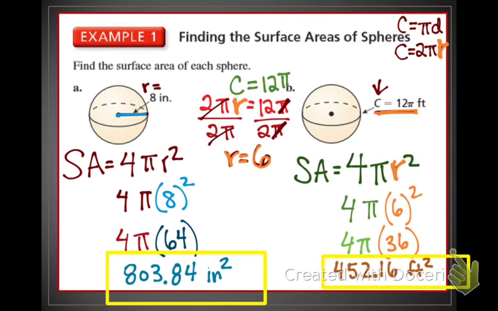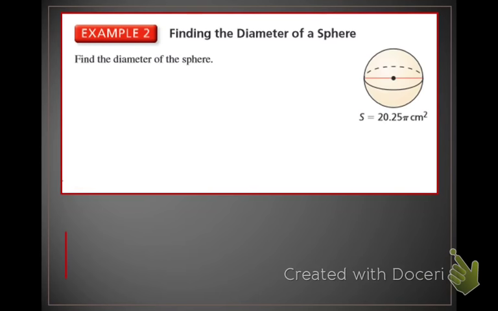All right, we're going to turn to finding the diameter if we're given the surface area. So in our problem, we have the surface area over here. We're going to do exactly what we did before in the last problem where we solved for the radius. The surface area, because again I write SA, it's just easier for me to remember. If you want to write S, it's fine. But the surface area equals